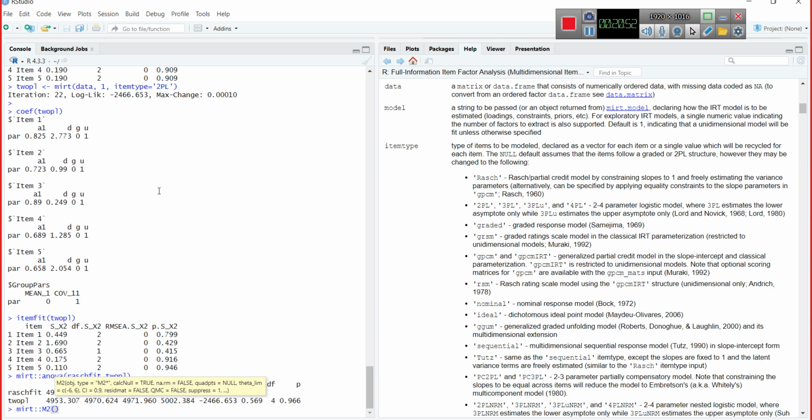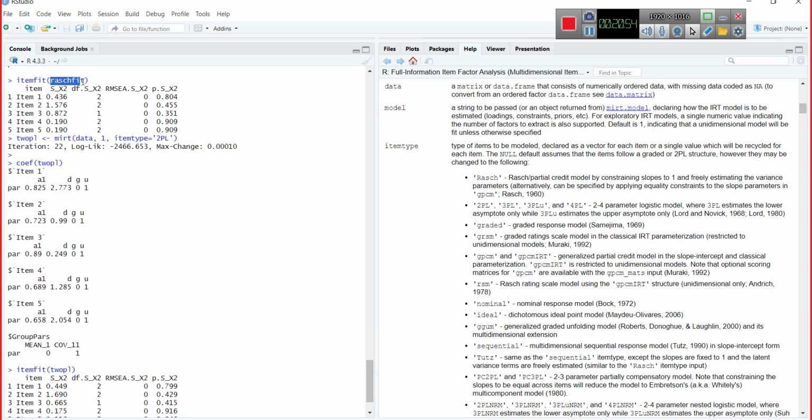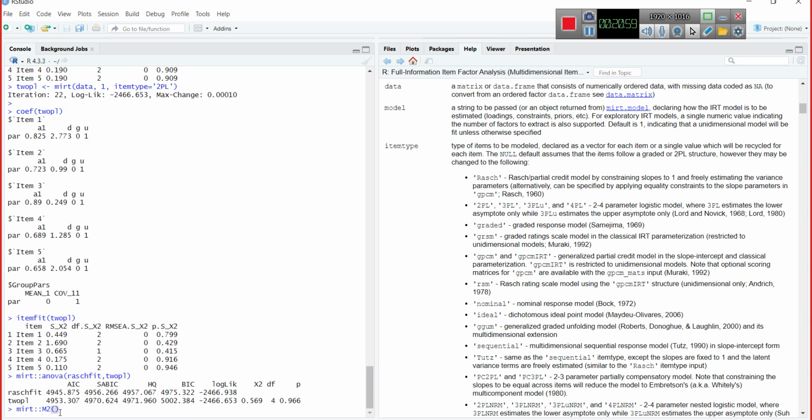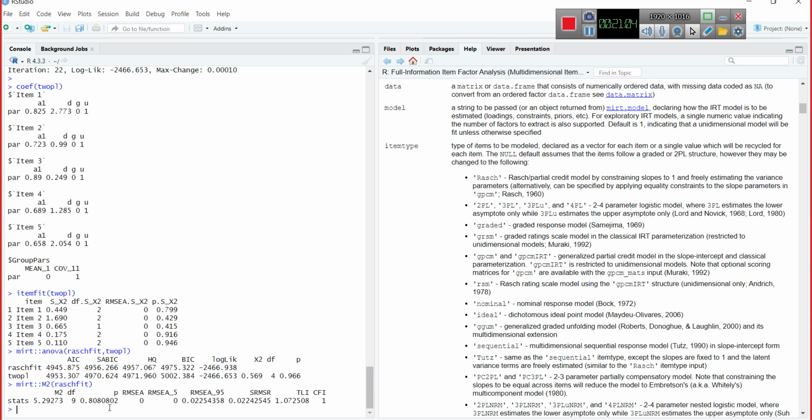For example, let me run this for the Rasch model. The M2 chi-square based statistic with the corresponding degrees of freedom gives you a p-value, and if the p-value is more than 5%, the whole test